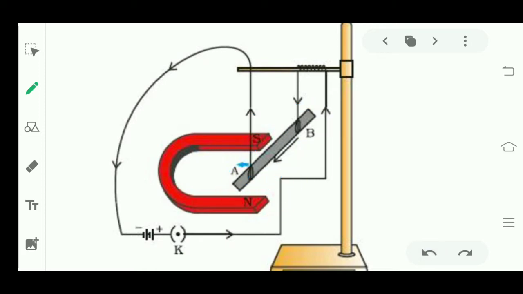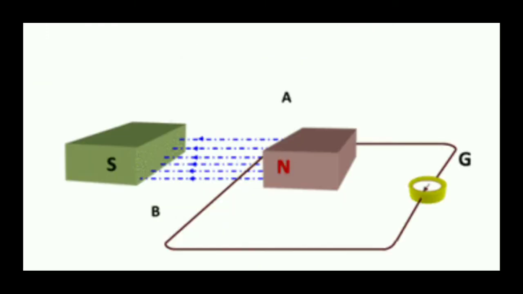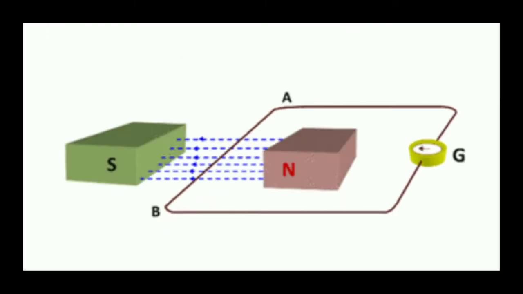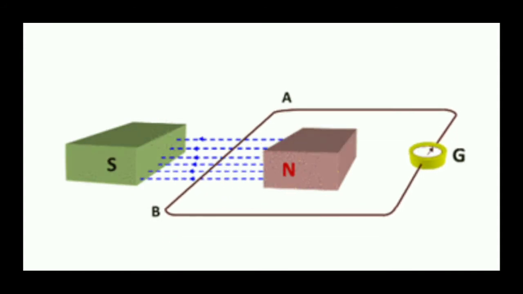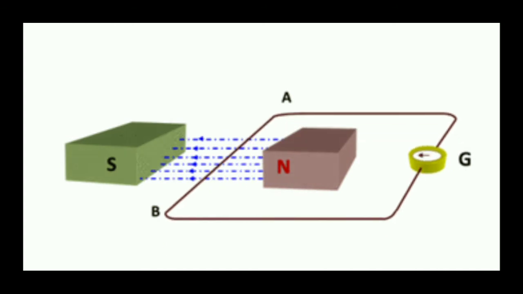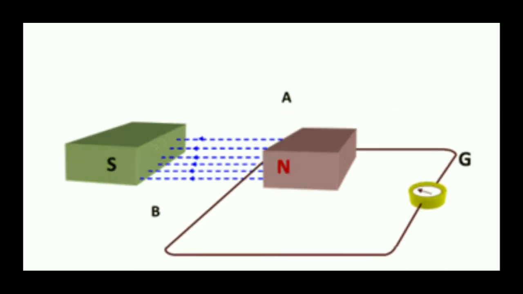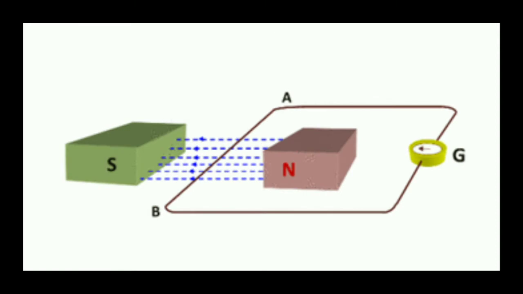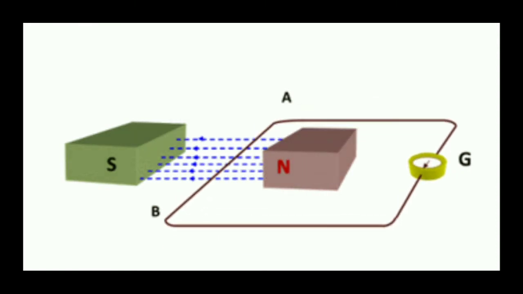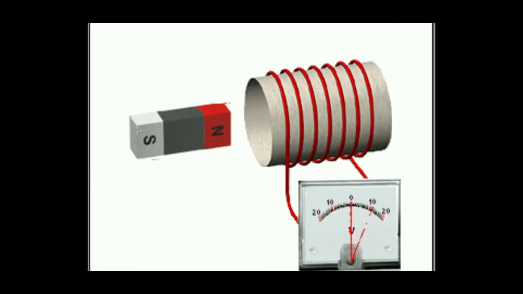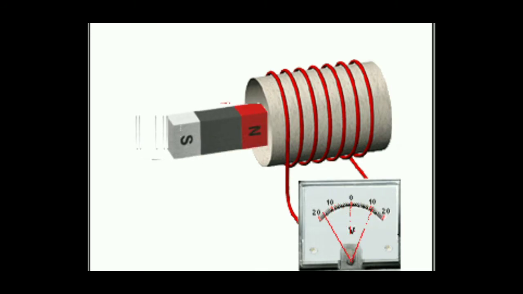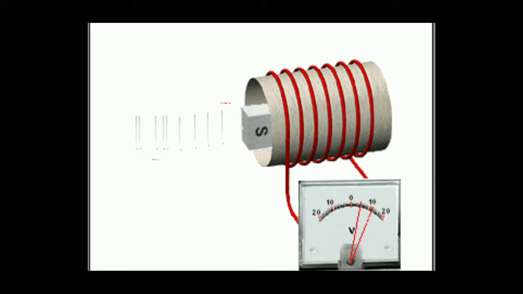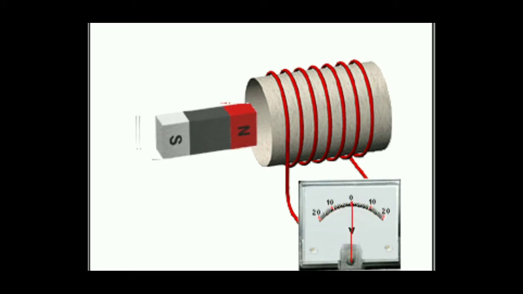How? Let's see with animation. As you can see here, this coil is moving around the magnetic field, right? I moved this coil around the magnetic field. Similarly, if I move the magnet around the coil, let's see that also. As you can see here, the magnet is moving around the coil. So what will happen if the coil moves around the magnet and the magnet moves around the coil?